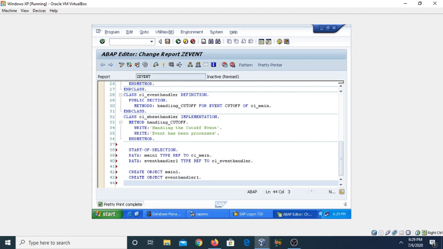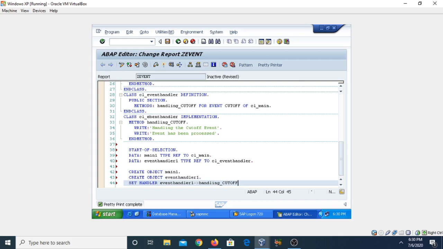Now the most important thing, the last step in implementing events in local classes or interfaces, step number 4, set handler. In the main function we will use the statement set handler, then event_handler1, and call the method handling_cutoff.